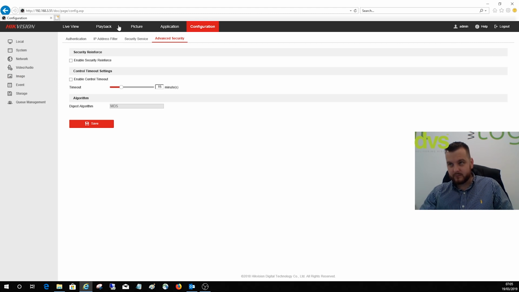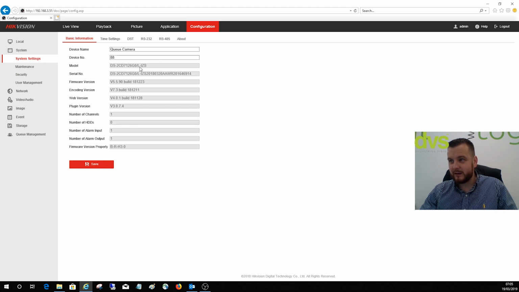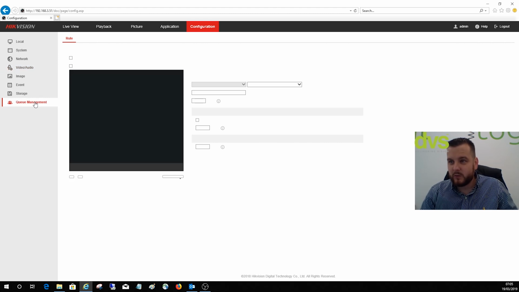Go back to this. So this L is the queue line camera. The L/L means the queue length detection camera. If we go down to video and audio, it's only a 2 megapixel image. We've already set that, H.265 fine. Under queue management,